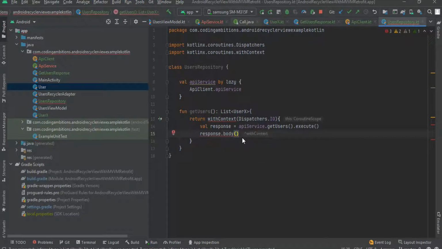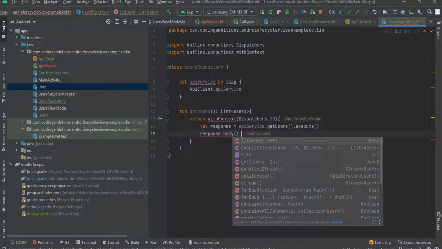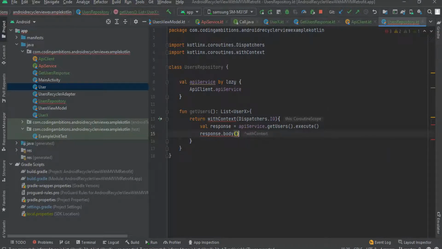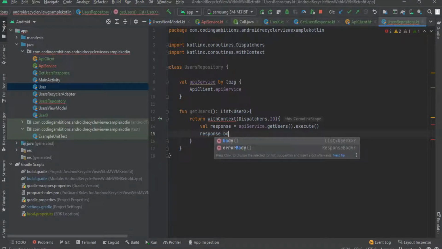This is where the data resides in the response, inside body, and now we will pick users there dot body, list of users. Okay,